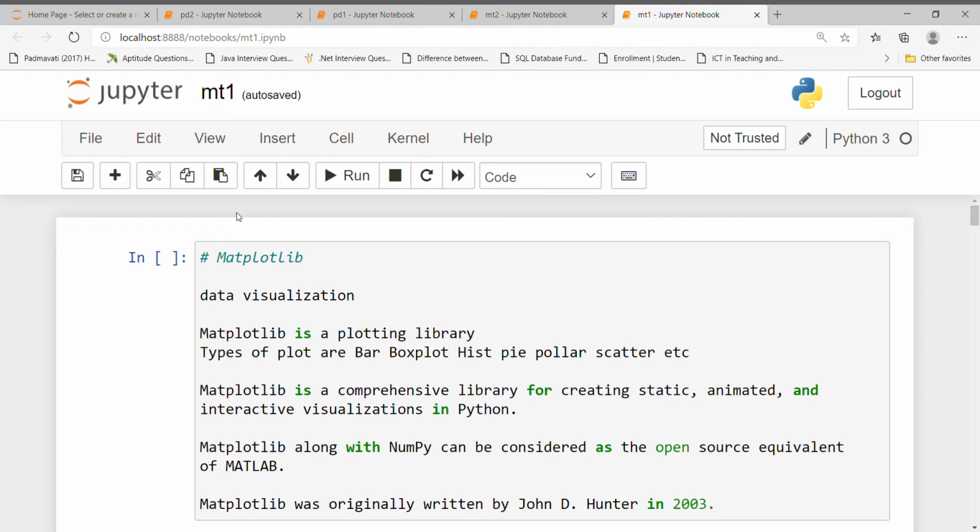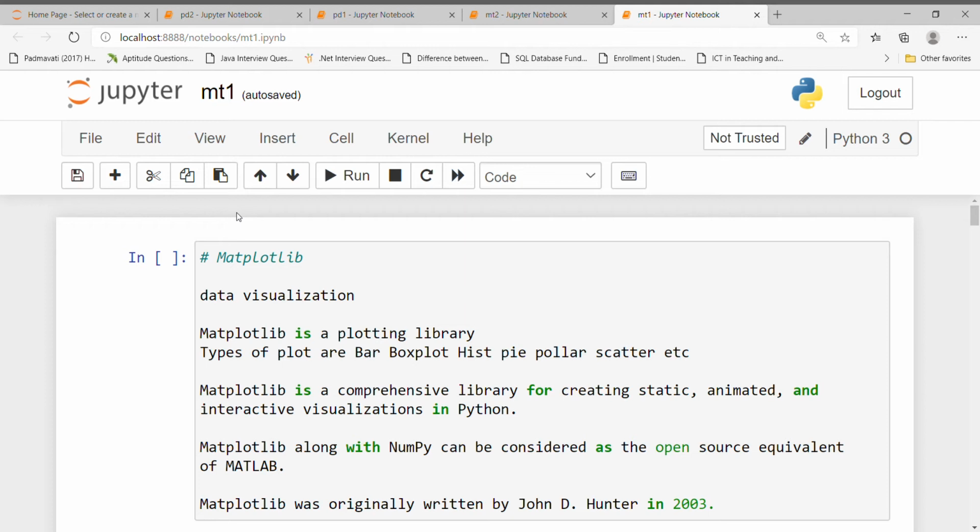The mat stands for mathematics, plot stands for plotting, and lib stands for library. The matplotlib library is used for data visualization. Matplotlib is a plotting library. In maths we have studied a lot of plottings.